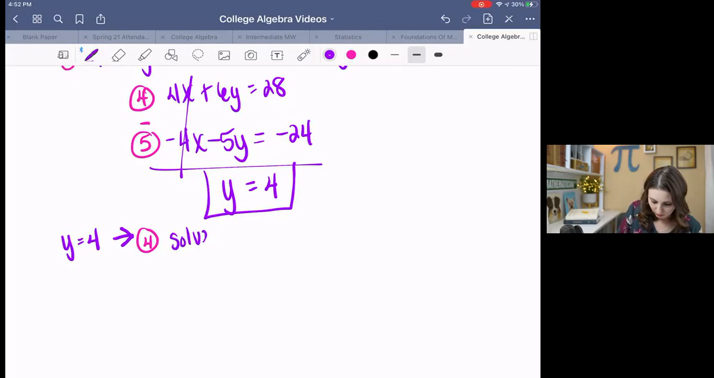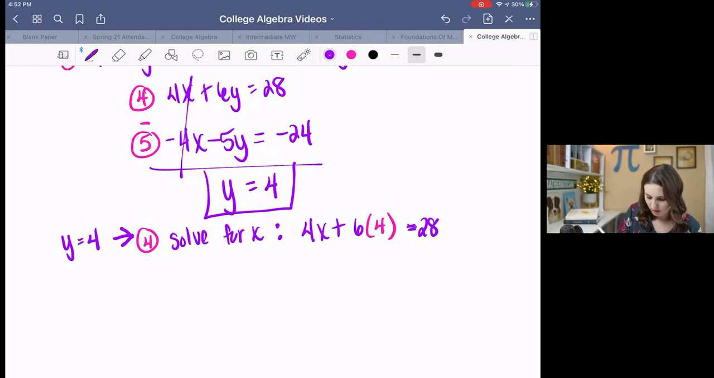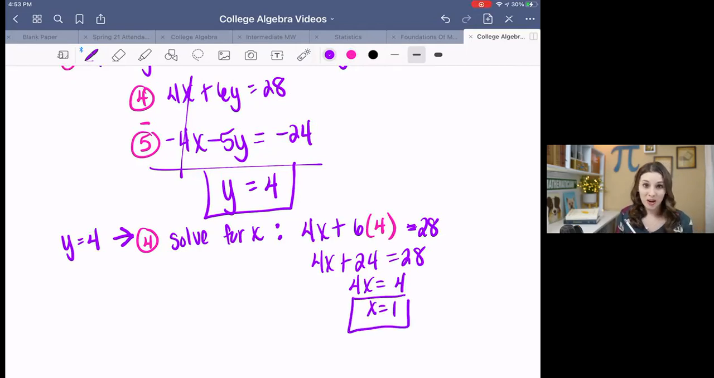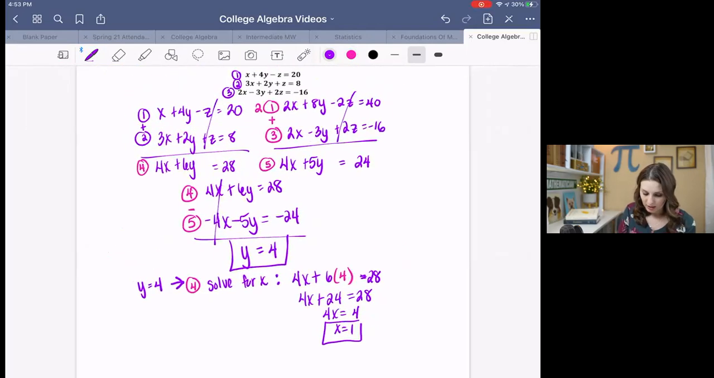And solve for x. So we got 4x plus 6 times y equals 28. That's 4x plus 24 equals 28. 4x equals 4. X is 1. Now I've got x and y, and all I have to do is find z, which means I need to